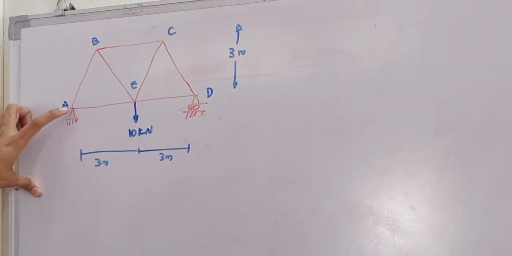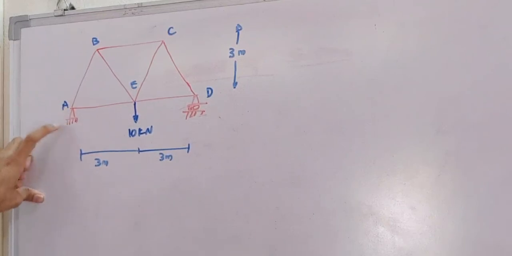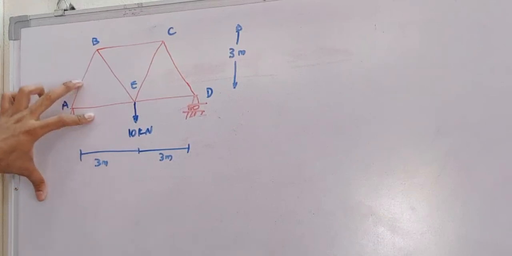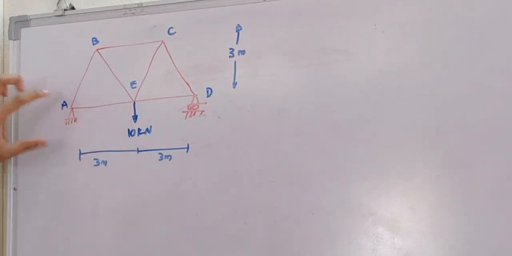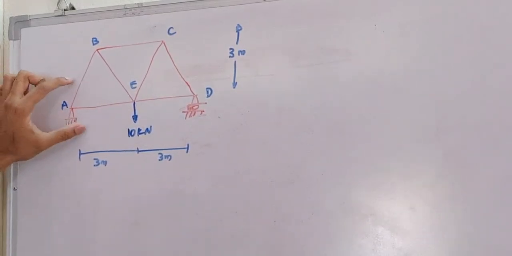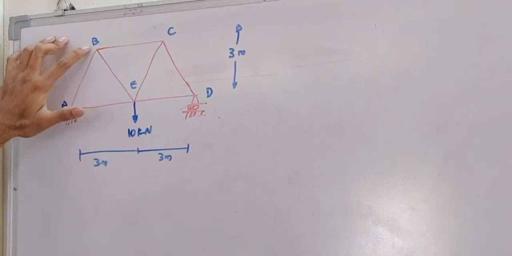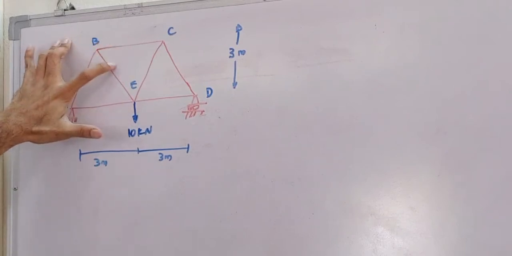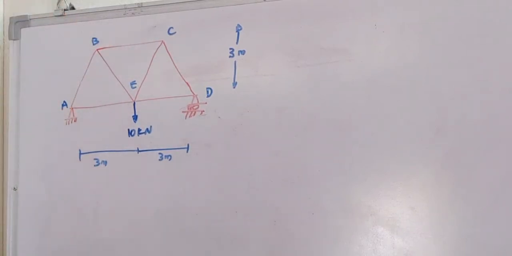First, how many forces do we get? One vertical. Horizontal will not be there because there is no horizontal force. So one vertical will be there, and two unknown forces in the members AB and AE. So by using equilibrium of joint A, we can calculate AB and AE. Then come to joint B, where we have three members. One is known, two are unknown. After calculating the equilibrium of joint B, we will get the force in the member BC. Any doubt in this joint method?